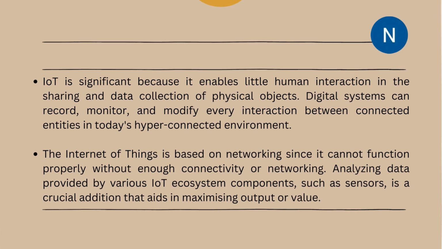Next, IoT is significant because it enables little human interaction in the sharing and data collection of physical objects. Digital systems can record, monitor, and modify every interaction between connected entities in today's hyper-connected environment. The Internet of Things (IoT) is based on networking, since it cannot function properly without enough connectivity or networking. Analyzing data provided by various IoT ecosystem components such as sensors is a crucial addition that aids in maximizing output